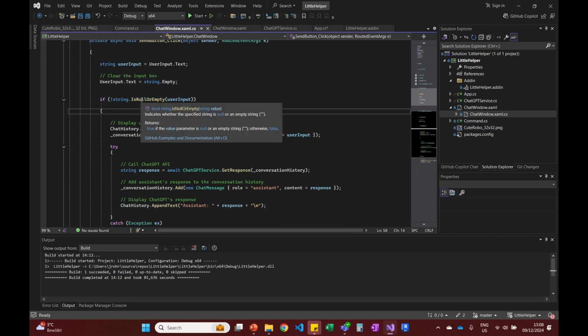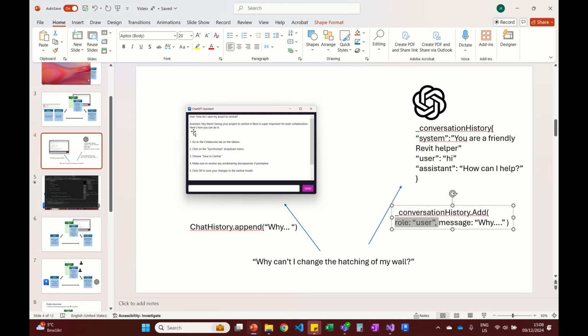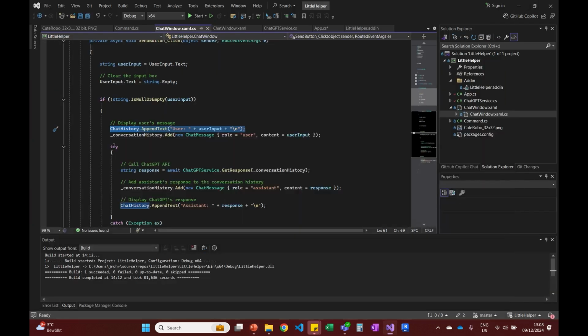But if it's not empty, then we want the following to happen, which is that we add the text, user says this. That would be this part here, user check. And then to the conversation history, we want to add a new chat message with the role user and the